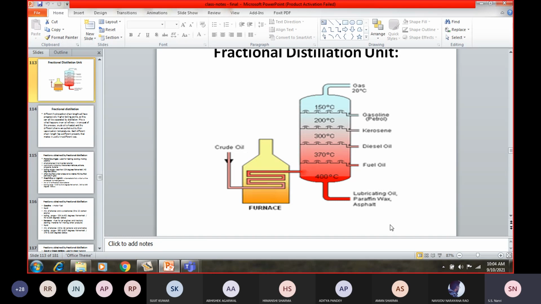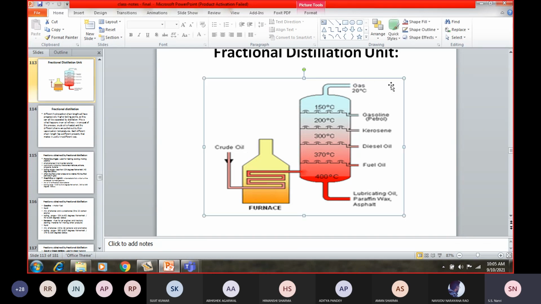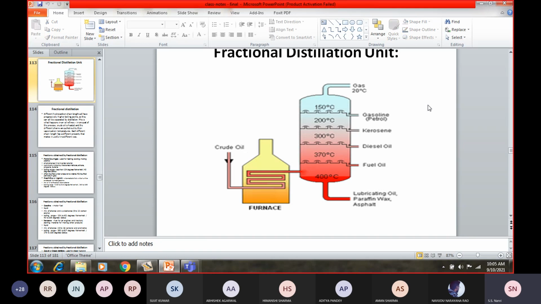But we need only 10% of the total crude oil in this form for the various industries. From the top, we are getting C1 to C4 carbon molecular weight components in the form of gases. So this also has a good amount, and therefore all cannot be utilized in the form of gas. So therefore,